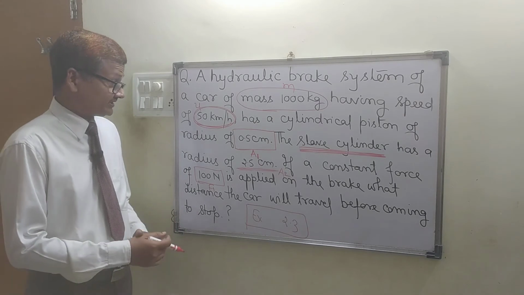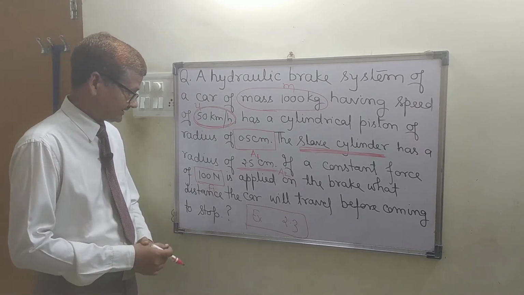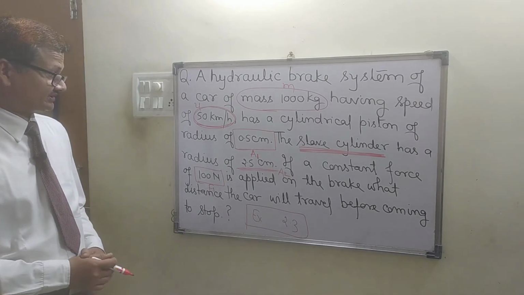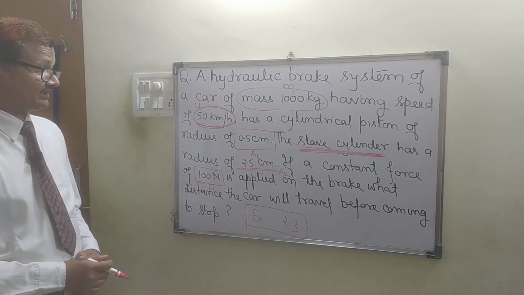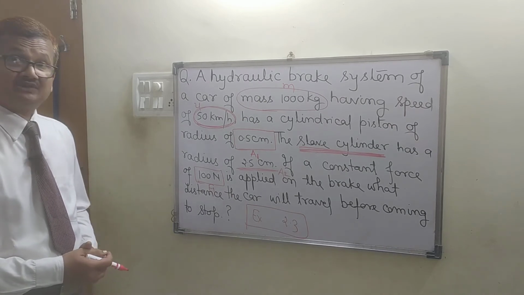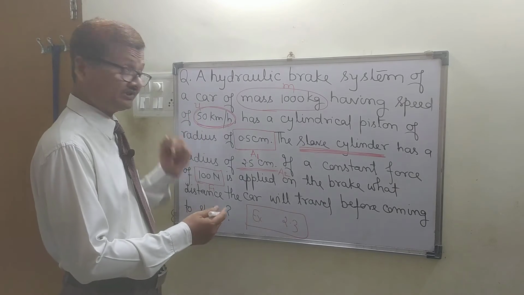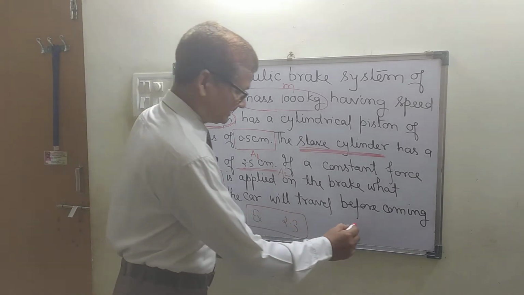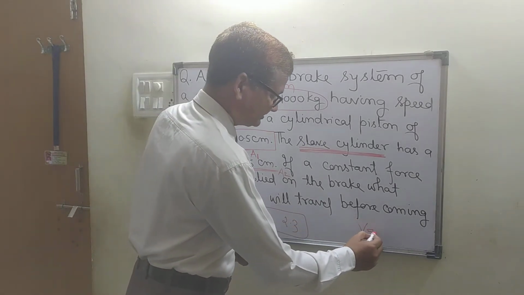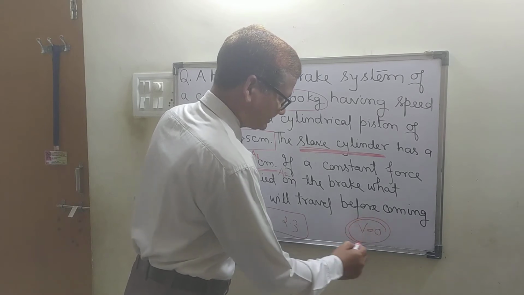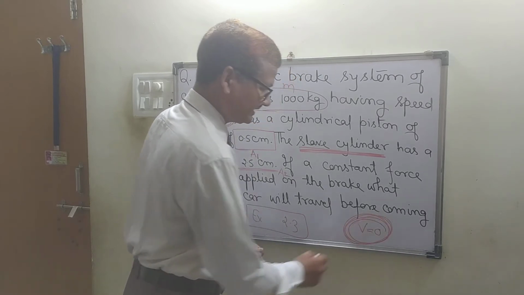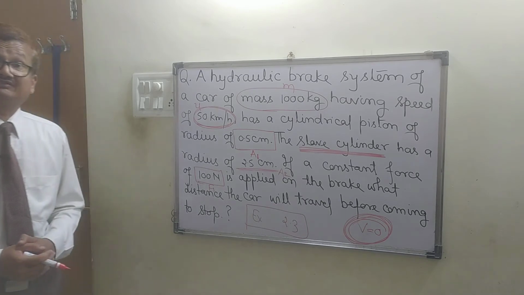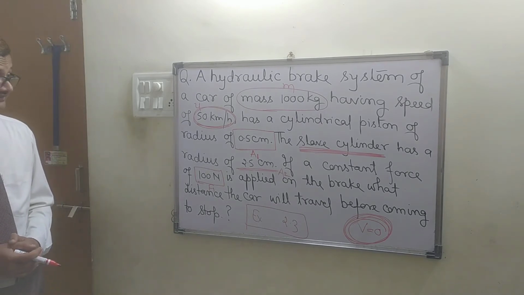So the question is, on applying the brake, what distance will be travelled by the car before coming to stop? तो इनिशियल वेलोसिटी u दिया हुआ है, फाइनल वेलोसिटी v 0 हो जाता है। यह फाइनल वेलोसिटी 0 होने में कार कुल कितना डिस्टेंस ट्रेवल करेगी, यह हमें कैलकुलेट करना है।